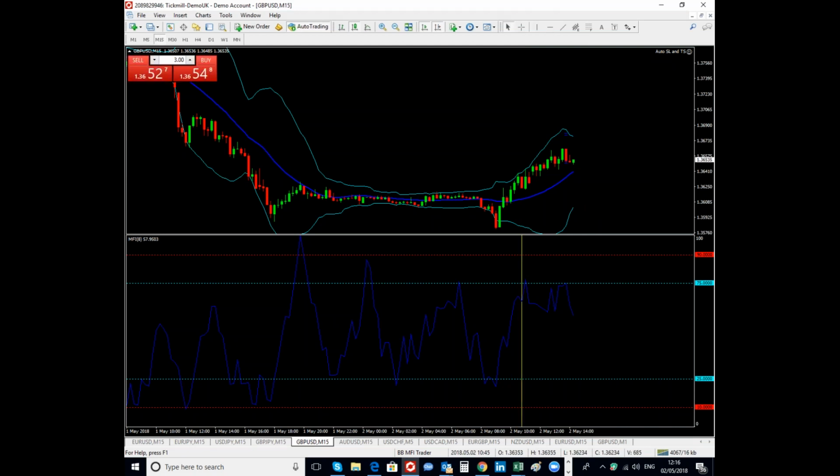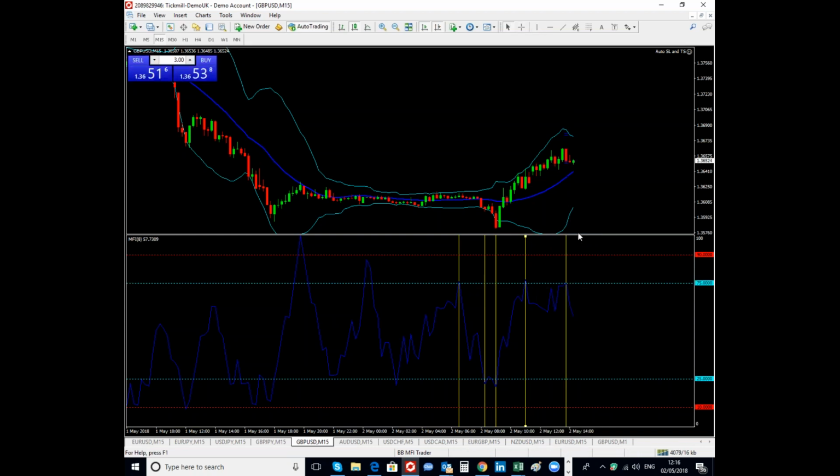If we do that as well, and then we do that and that. So now that we marked here, as you can see, there's another one here, isn't there? So we mark this one as well, and I'll switch between the time frames and see if there's a